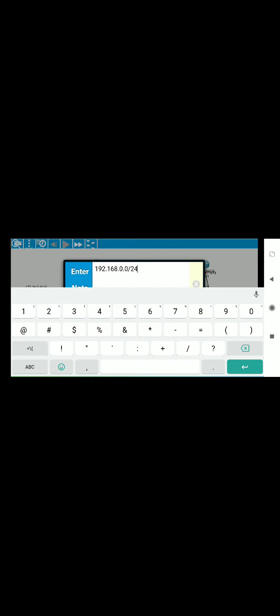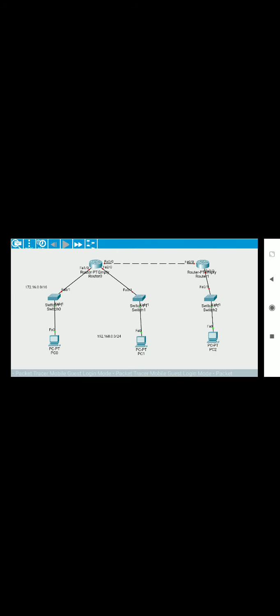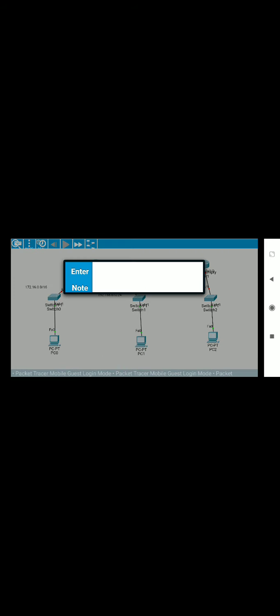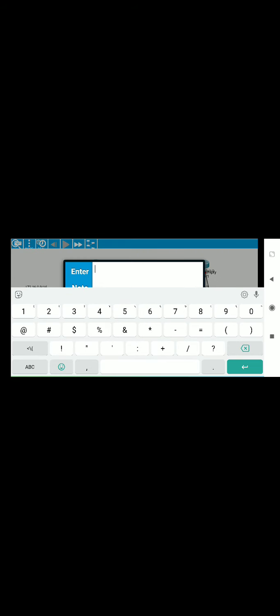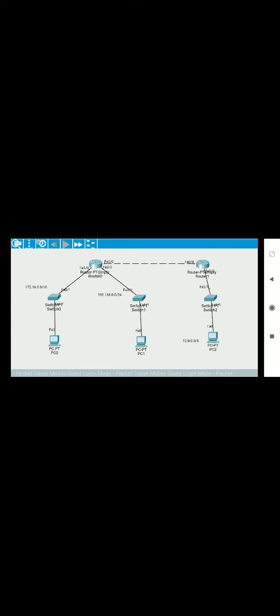Okay, tap on the outside of the window, and you can see this is our second network. Then our third network is 10.0.0.0 slash 8. So this is our third network.